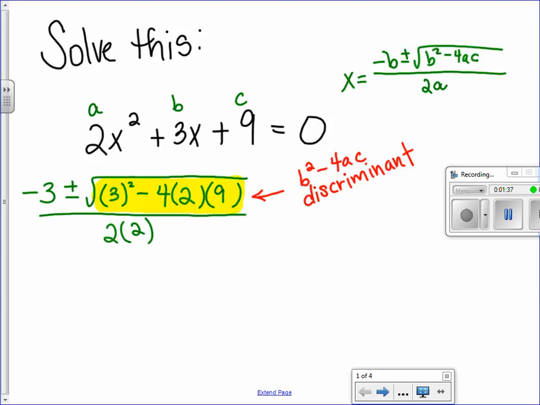You don't have a calculator? Square root of negative 63? Imaginary number. Alright, yeah, so since we have a negative square root, do we have any real solutions here? No. If your discriminant is less than 0,